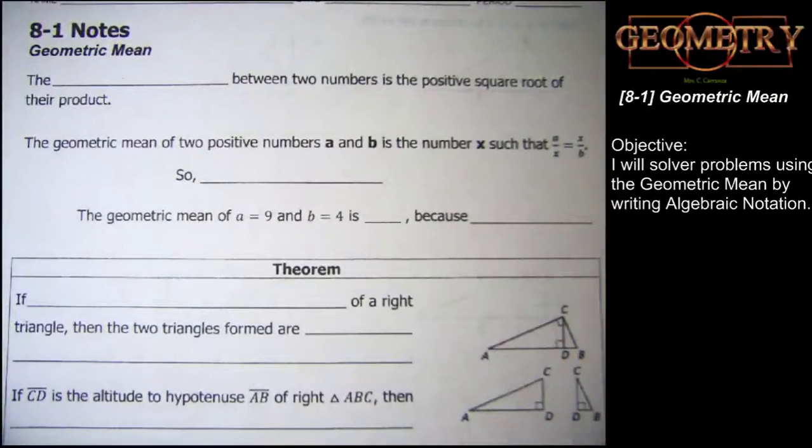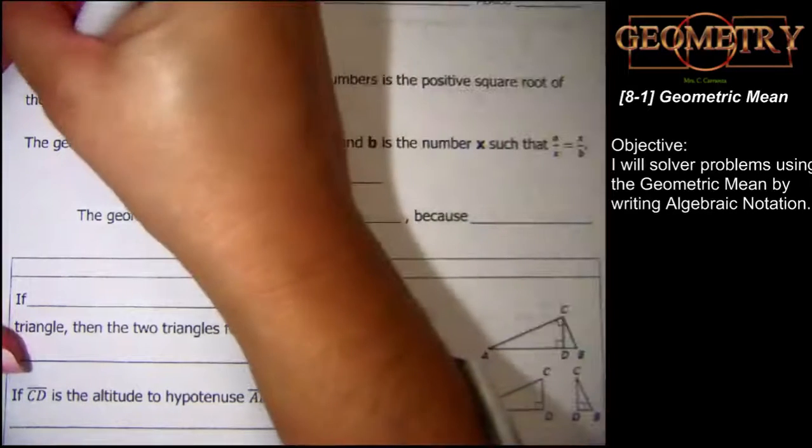So here's what we're working on today. In the past couple sessions together, we've done triangles, we've done similar shapes, and in those similar shapes, we've done a lot of proportions. We're going to still do proportions. We're not done with the proportions. But we're going to be working with something called the geometric mean. The geometric mean,